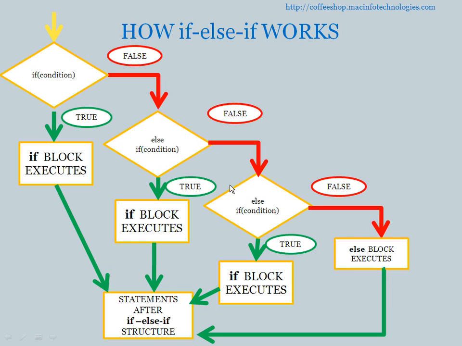So here I have given only 3 else-if blocks. You can have more than 3 else-if blocks. You can have one if-else block or one if with 2 else-if blocks. That's your wish. So ultimately, if all the else-if statements are false, the else block will get executed. If you don't have an else block, no problem. The program continues. The else block is optional.